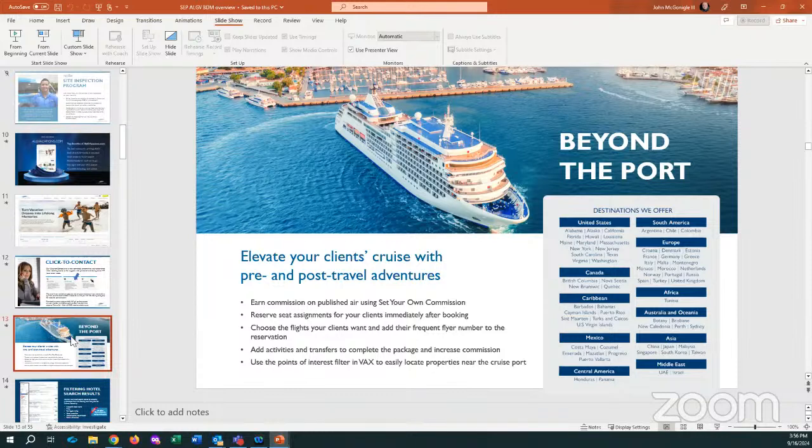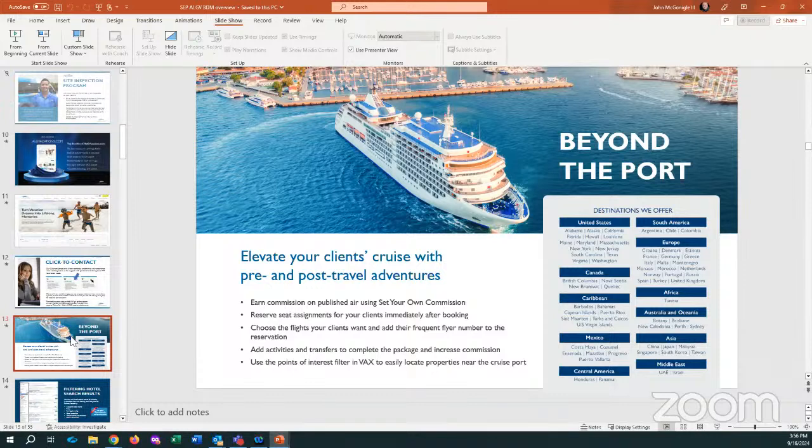So they came up, we said, look, we want a better way for showing our advisors that are selling the ALGV brands like Apple Vacations and Travel Impressions, how to find or how to sell pre and post travel arrangements if you're selling a customer on a cruise. Now, I'm sure you all sell cruises, right? What happens? Particularly the cruise reaches back out to you, or God forbid, the customers and says, hey, think about your pre or post tour. You can book it with us, with ABC Cruise Line. And we also have airfare for you.